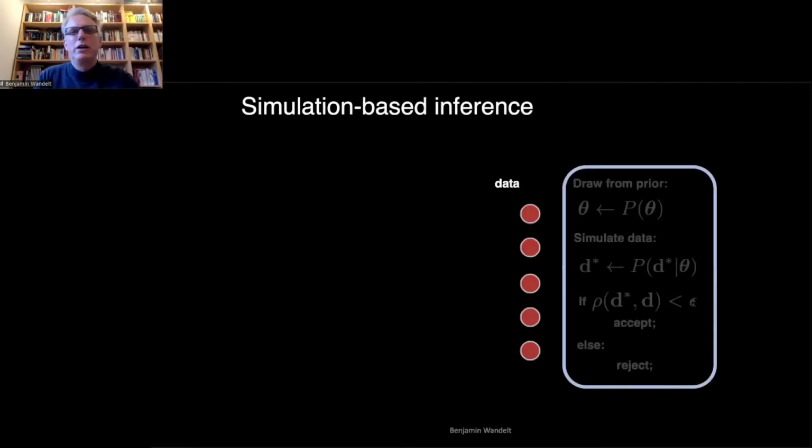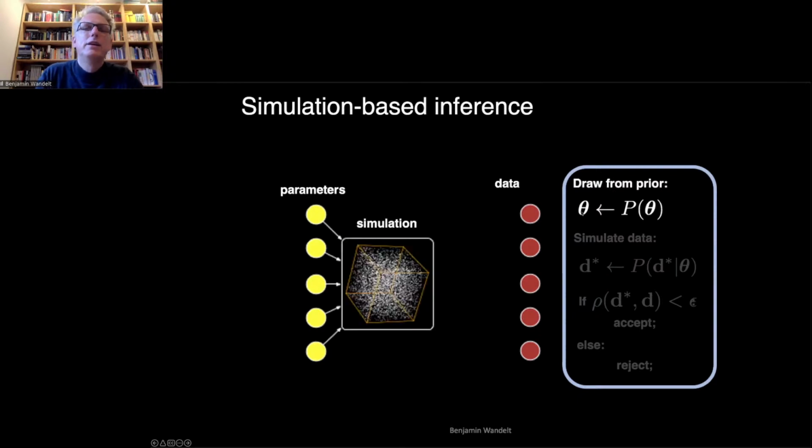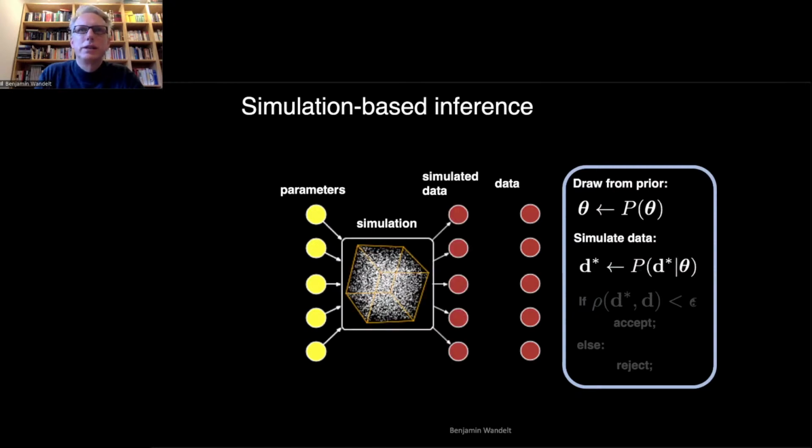Okay, so how can we use that in inference? Let's say we have a bunch of parameters, 5 parameters. We draw those from a prior distribution. We have to pick that somehow, so we draw from that. We simulate the data. Okay, here's our simulated data. And then we look at it, we test whether the simulated data is exactly equal to the data that we have taken. With all of the error bars, not the error bars, it's just the actual raw data that we've taken. And if they are the same,